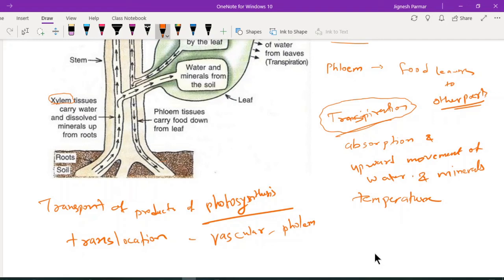Besides the product of photosynthesis, what does it also carry? It carries amino acids. Amino acids are very important for the growth of the plant, and other substances. These substances are specially delivered to the